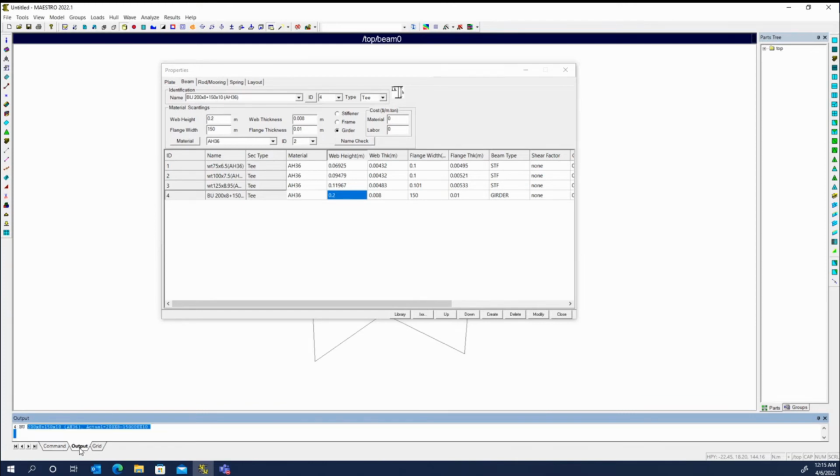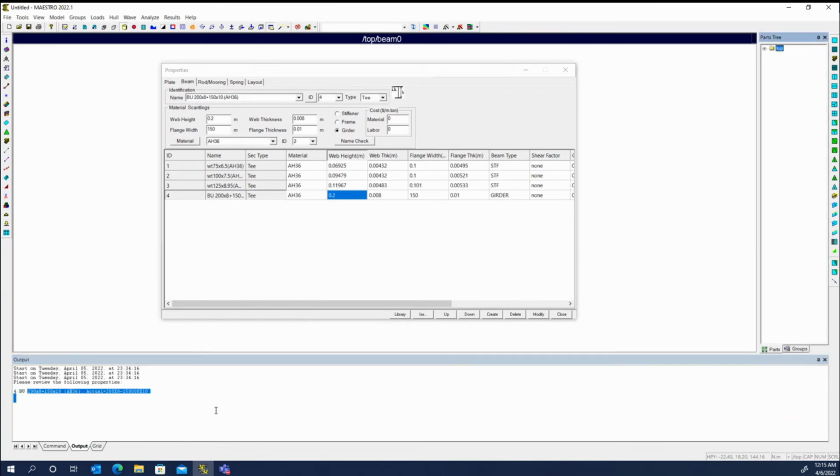And if we look down in the output window, it's giving me a warning saying, please review this property. The name says it's 200 by 8 plus 150 by 10, but the actual values are 200 by 8, 150,000 by 10, and that's because I forgot the decimal place there. That is, the flange width is 150 meters wide, which is obviously wrong. So I come in here, I add my decimal point